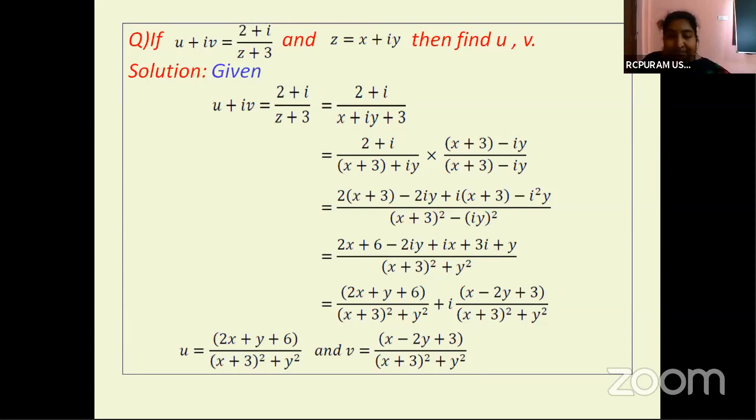Now the problem, if you can observe, children, in all the problems, whatever we are solving, we are trying to see that i is not there in the denominator, first point. Then we are trying to reduce the problem in the form of a plus ib. Now, after reducing it in the form of a plus ib, then we are thinking what to do, whether to multiply with a conjugate or whether to go for a square root or whatever. Okay, so we'll see another problem.